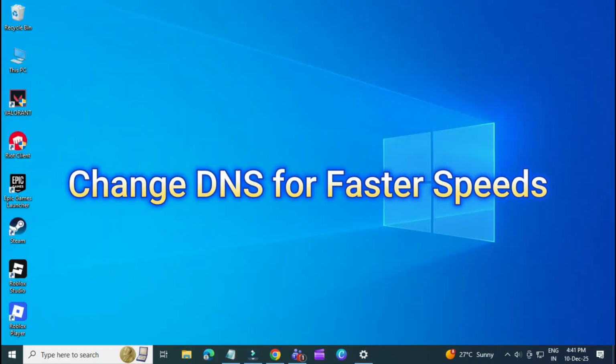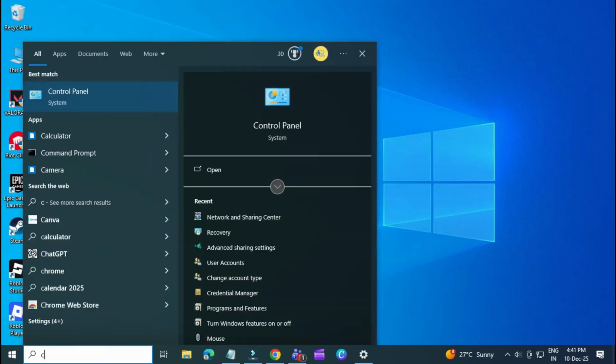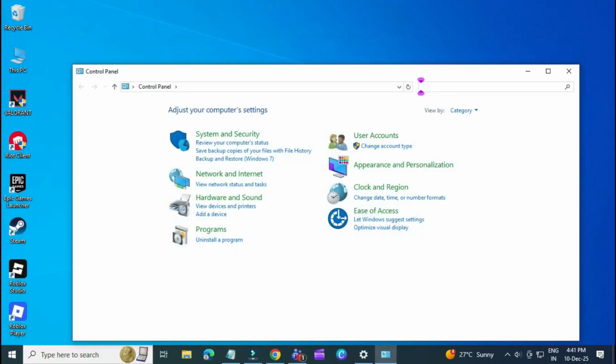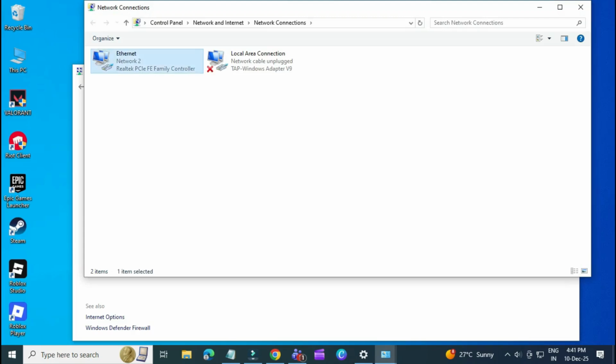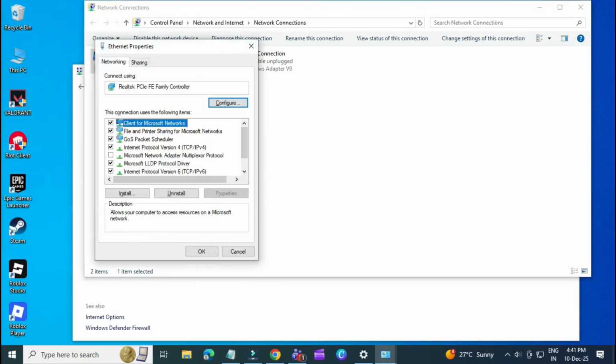Method 3. Change DNS for faster speeds. If the issue persists, open the Start menu, search for Control Panel, and open it. In the top right, change View by to large icons. Click on Network and Sharing Center, then select Change Adapter Settings on the left. Right-click your Wi-Fi or Ethernet connection, select Properties. Scroll and click Internet Protocol version 4,